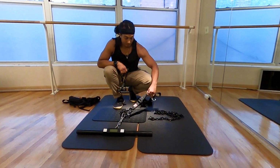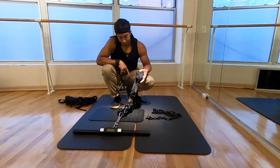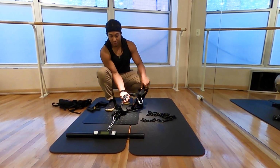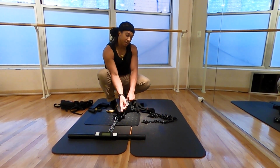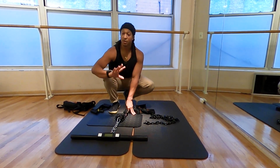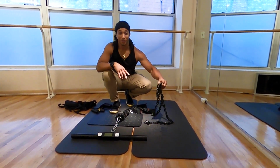So for instance, today, I have this attached to the 4D Pro suspension trainer tool. And the reason why I have this attached is because it's a little bit easier for me to slide this up and down to the various positions versus trying to get in and out of the various links with the Isochain itself. So I just want to start off by saying that, because when you purchase your Isochain, it's going